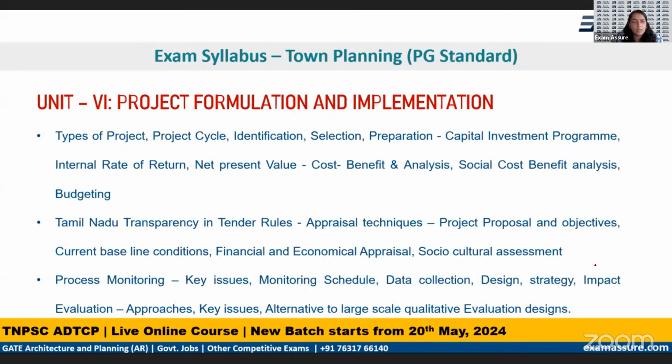Project formulation and implementation, a basic CPM, PERT, understanding your cost-benefit analysis, social cost-benefit analysis, what kinds of projects are there, the project cycle, all of these, plus what is happening at the state level, Tamil Nadu transparency in tender rules,